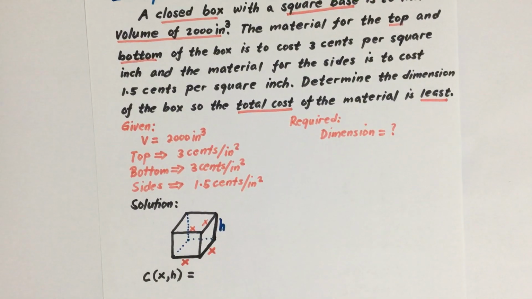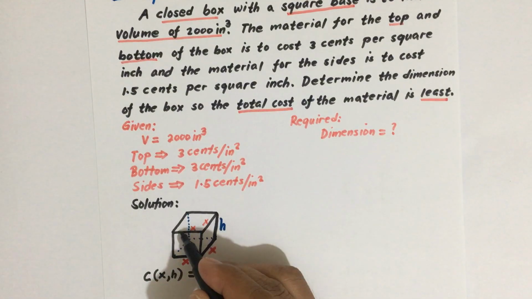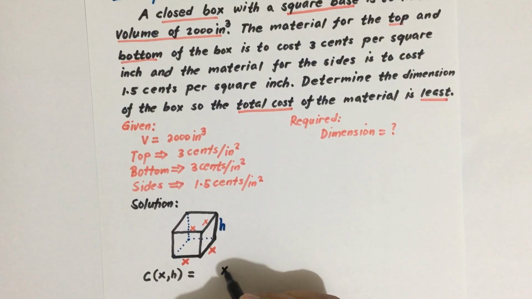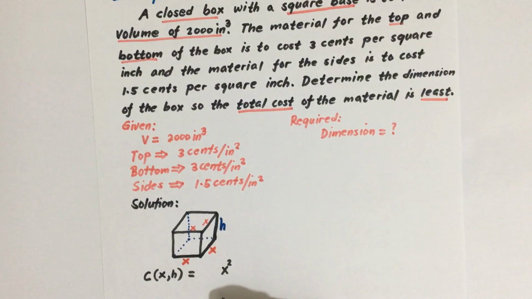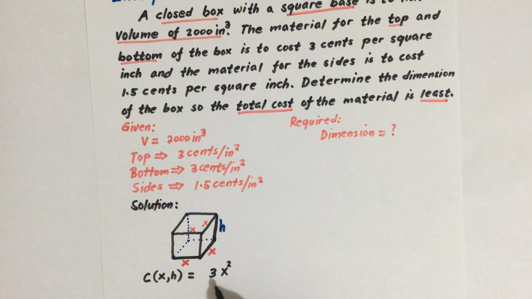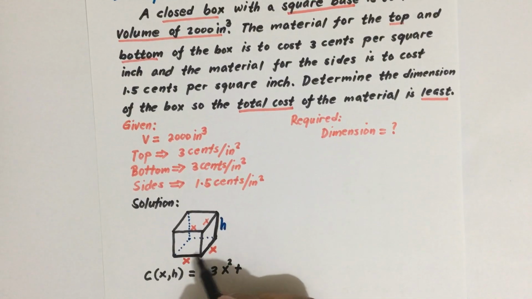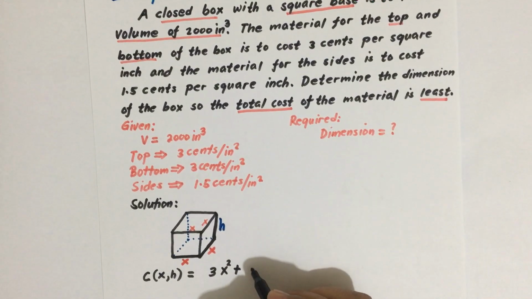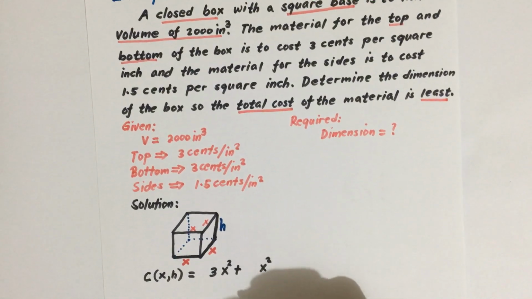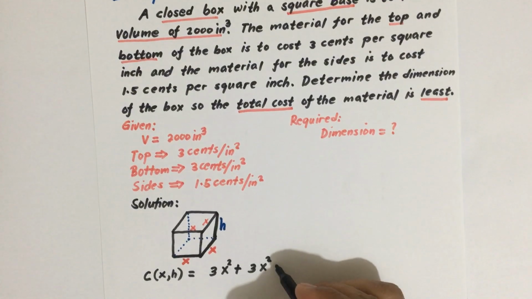Okay, so now for the top, the area of the top is just the product of length and width, so we have x squared. Then multiply this by the cost, which is 3 cents per square inch, plus the bottom. The bottom is also a square, so the area there is x times x, which is x squared, then multiplied by the cost, 3 cents also per square inch, then plus